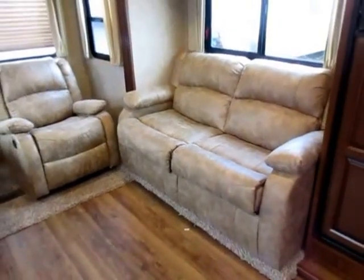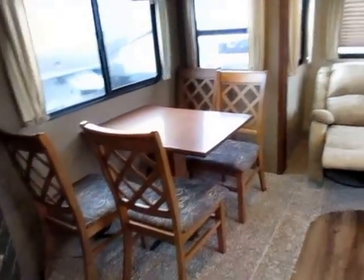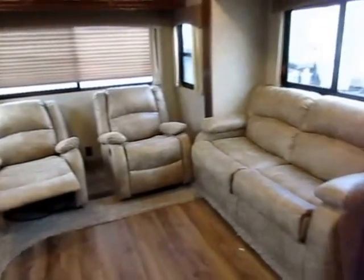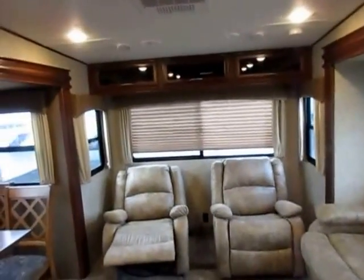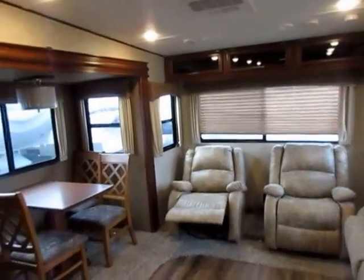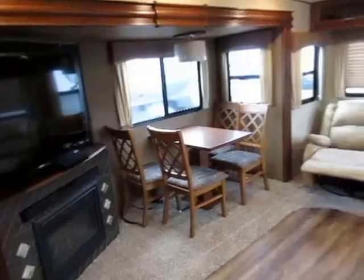I don't remember the name of this color scheme offhand, so pardon me, but not every single Wildcat 28 GSX we have is going to look or be equipped exactly like this one. Please keep that in mind. This video is not to say this is the unit we have in stock. It's just a unit that we may have had in stock,